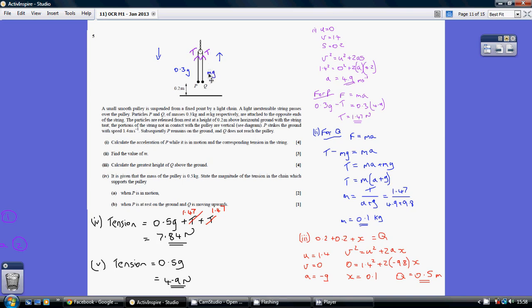So what do we know about that final bit of journey? We know that our initial speed of Q is going to be the final speed of P as it crashes into the ground. So the initial speed U will be 1.4. It carries on going up until it reaches its maximum. Its maximum V equals 0, and we know the only force it's fighting is gravity, so A equals minus g. So substituting into V squared equals U squared plus 2AS, I'm using X here because it's this specific distance I'm looking for, we can work out that X is 0.1,